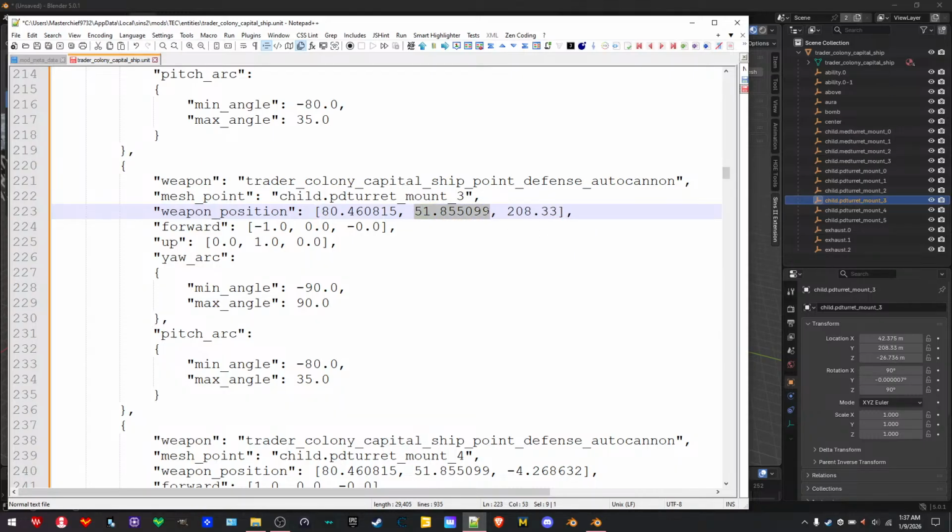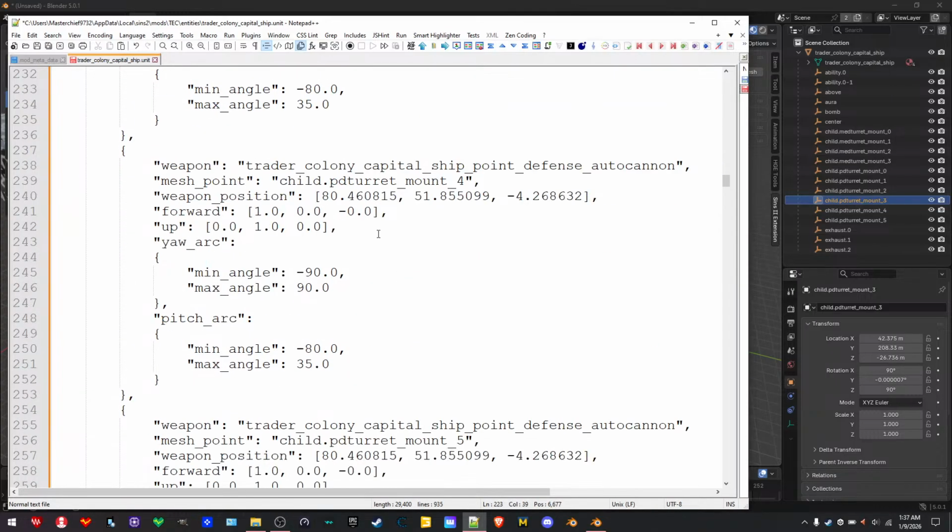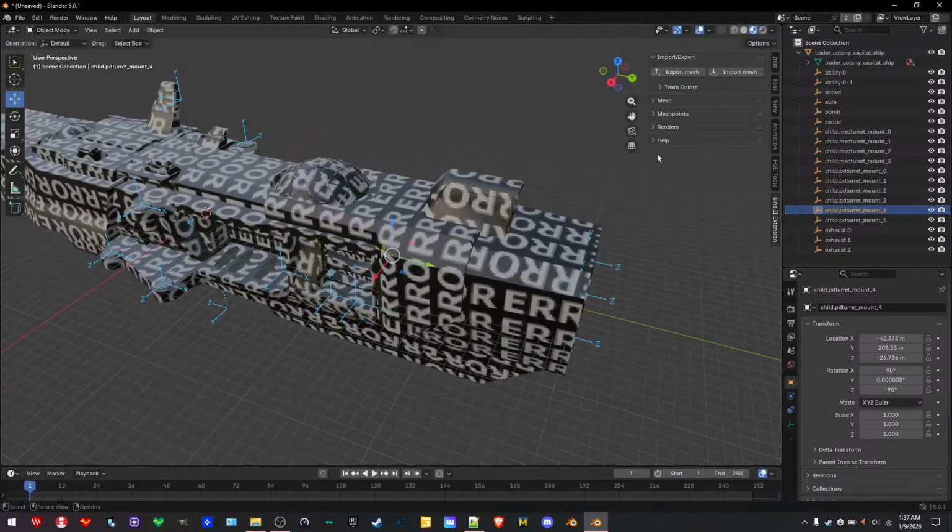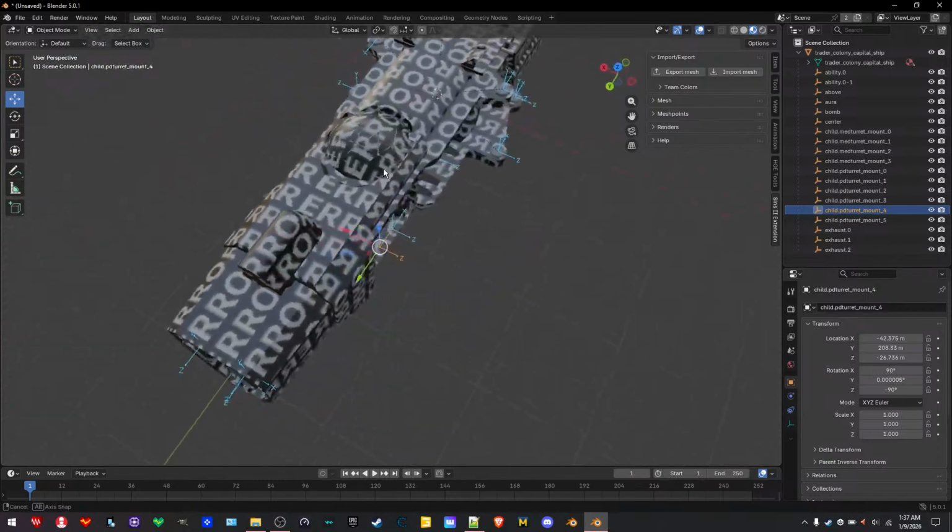Okay. And then negative 26.736. Okay. And the last but not least, 4242.375. Okay, now we are on weapon 4. So weapon 4,